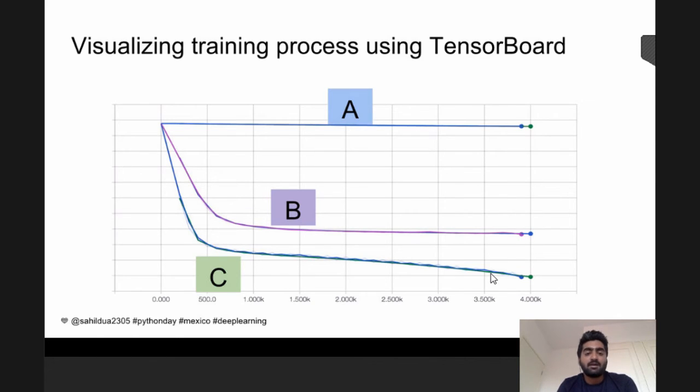Now we can see model B. We can see that it converges well, but after some time it just stays the same. The loss or errors remain the same. So we also know that this model is better than A, but it's not as good as C. As we can see, in the case of C, it keeps converging